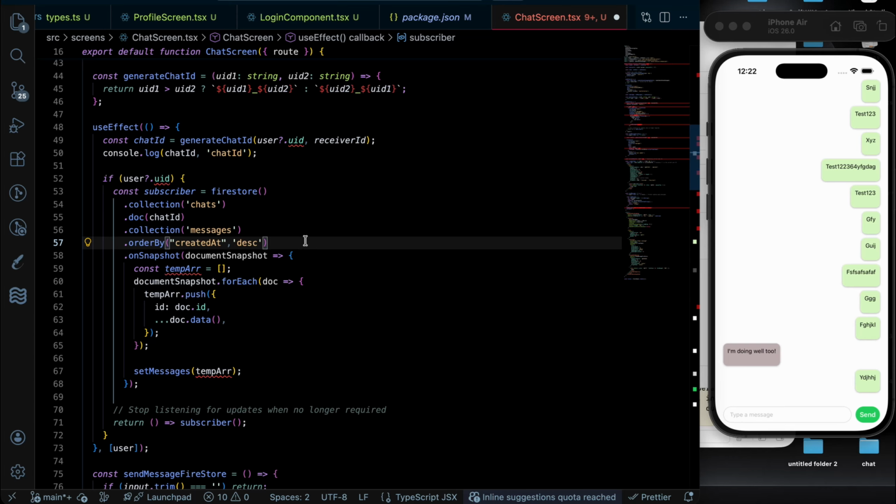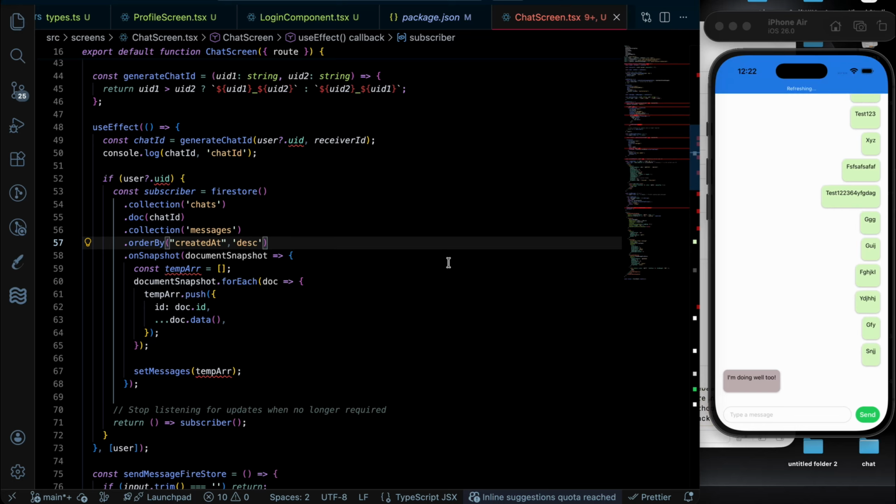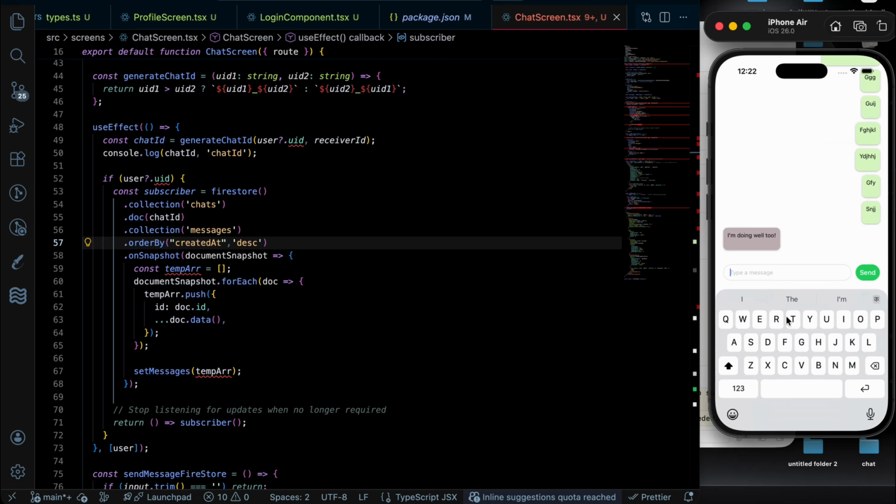Okay, so now you can see all the messages are in sequence this way. If I send the test 1, you can see test 1 here, 2 is here, 3 is here, 4 is here, 5 is here. Okay,